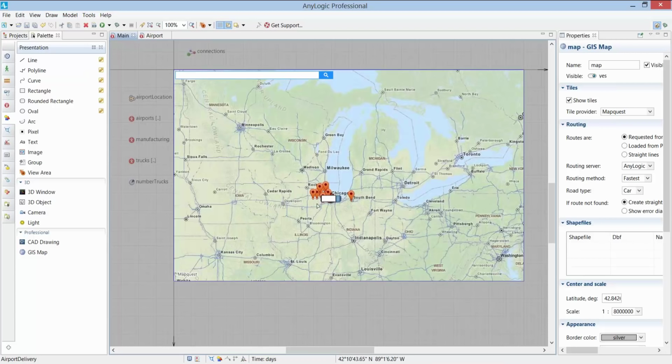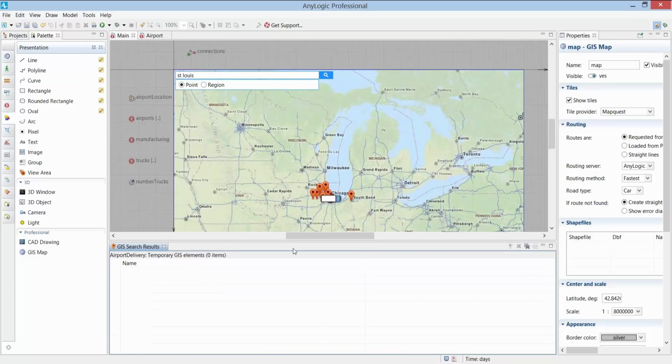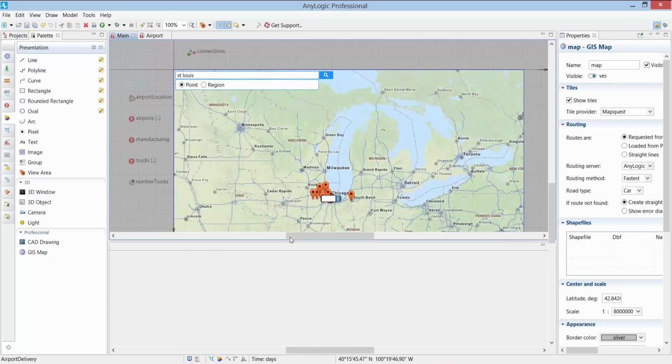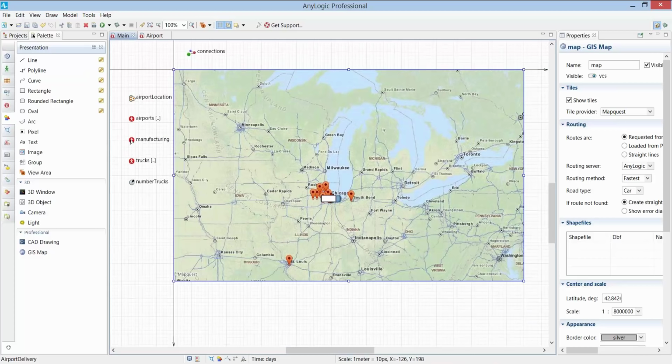Okay, and so we still have our airport locations here, so we'll choose a location, say, St. Louis. We'll search for St. Louis, find St. Louis, get rid of the rest, and now we have a GIS point of St. Louis located on our map. Now let's change the location of the manufacturing agent to St. Louis